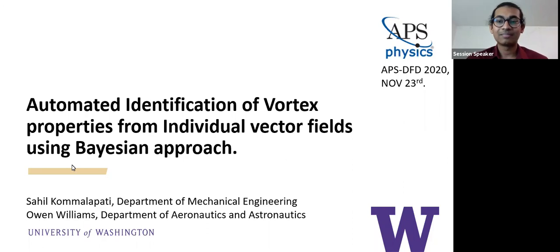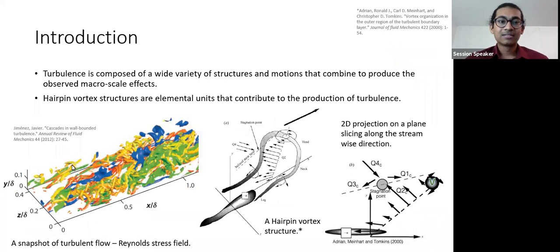I am Sahil Komalapati and the title of my talk today is an automated identification of vortex properties from individual vector fields using a Bayesian approach. So to begin with, turbulence is composed of a wide variety of structures and motions that combine to produce the